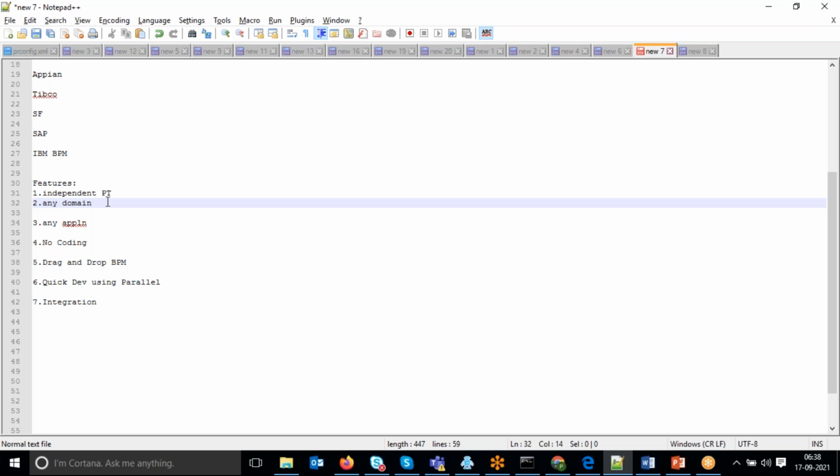Different domains will be there, but I'm ready to develop any application. It will support any application, so with Pega there is no restriction.